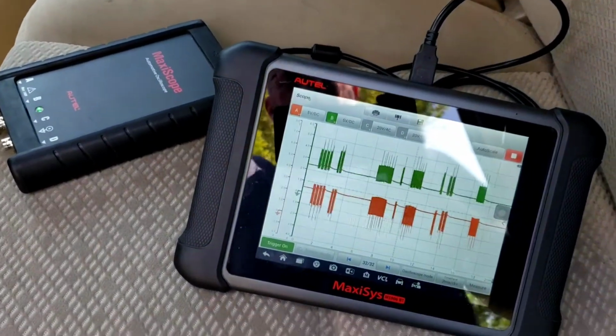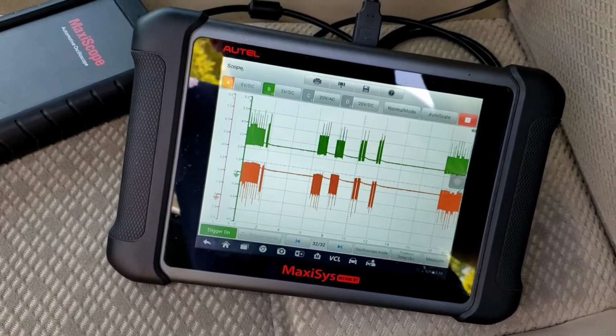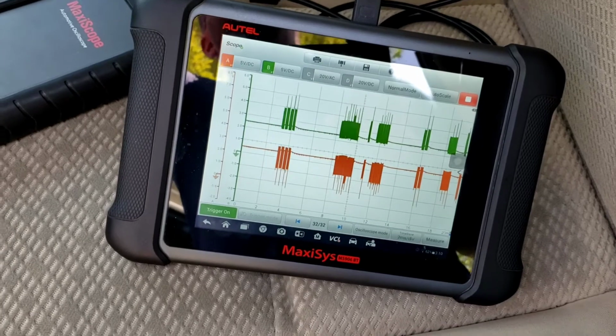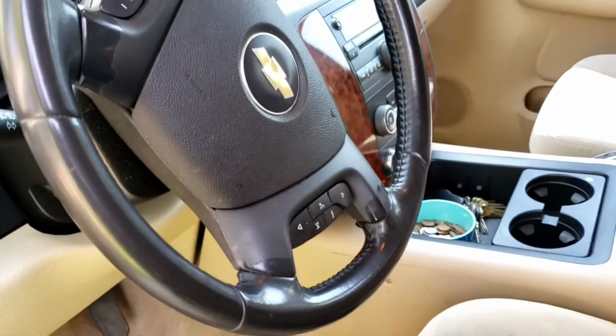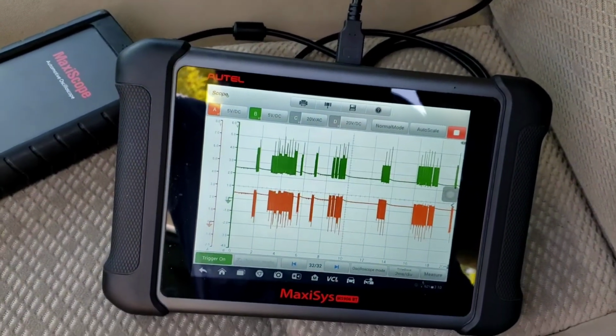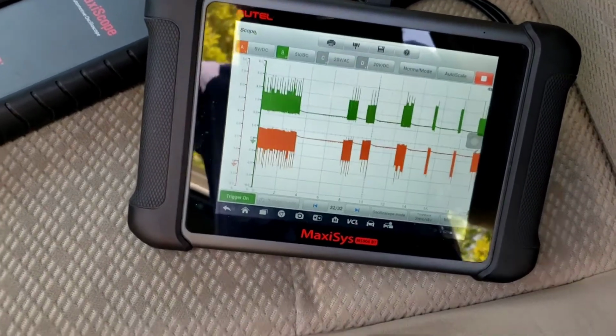Alrighty, I'm going to make a short, quick video on some CAN bus systems, showing CAN bus being shorted to ground, shorted to power, and shorted CAN high to CAN low. So this is a 2007 Chevy Tahoe. It has GM LAN, or General Motors Local Area Network, which is the same protocols as CAN, meaning